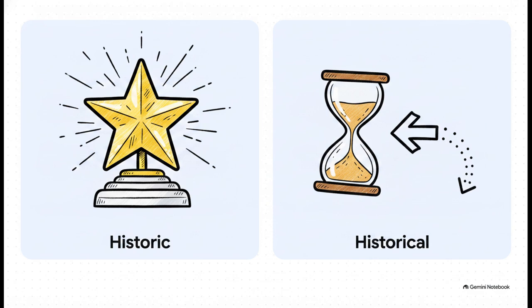Fix number 2 targets the "historic" versus "historical" pair. Spanish often collapses these concepts into a single word, like histórico. But in English, you actually have to consciously choose between them. Historic means important enough to be remembered, like a historic peace treaty or a historic milestone. Historical just means relating to the past. So in business, you don't make a historic decision about the model, you make a decision for historical reasons.